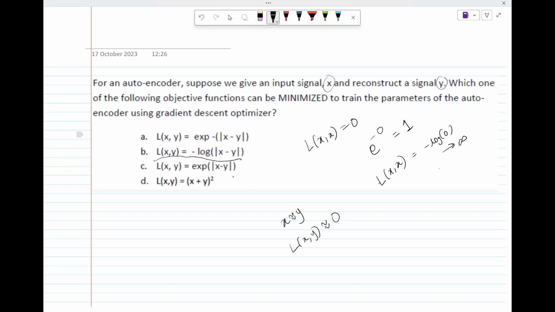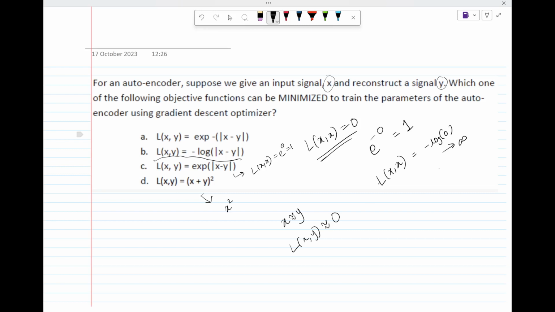In this option, L(x, x) will be equal to e to the power 0, which is 1, while in this one it will be x squared. So none of the options are actually going to 0,